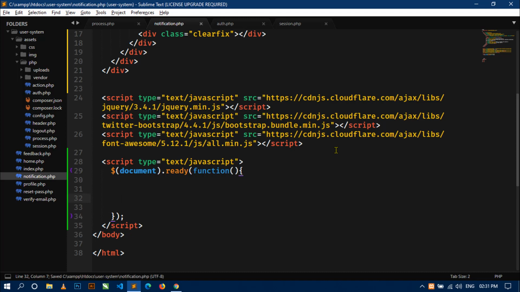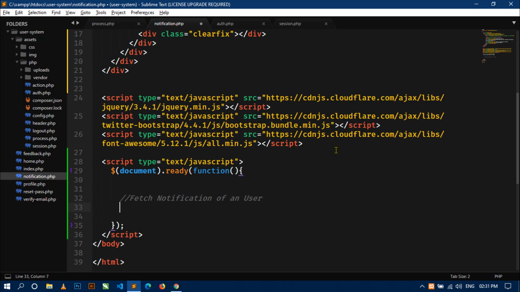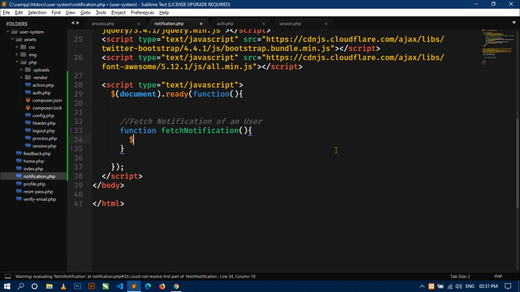So first just write a comment, fetch notification of a user. And here I will define a function fetchNotification. Now inside this function I will use the ajax function,